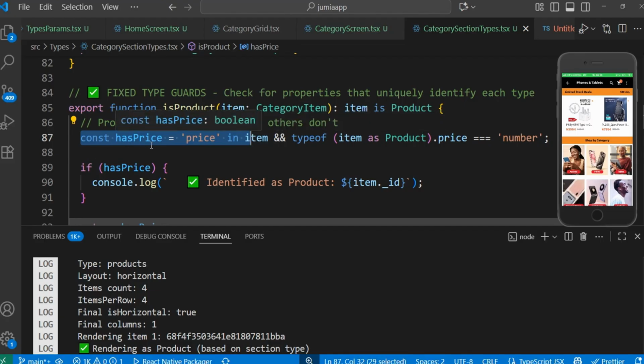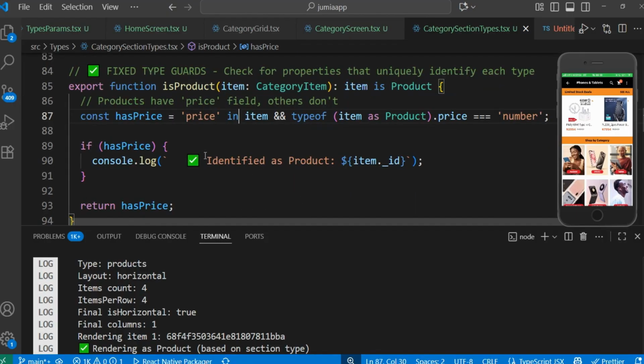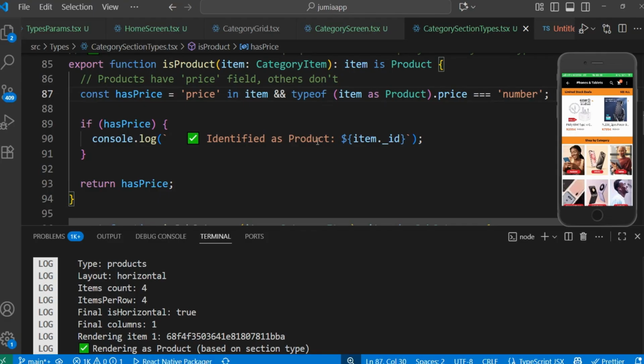So we're saying constant has price. We're using the in operator to check if the item has price, and that the price has a value of type number. If it's true, that means it is a product. We're just using console.log to return the item if it's true, meaning it was a product. If it has price, that means the item is a product, because subcategories and brands basically won't have